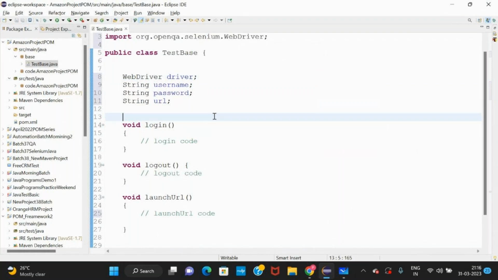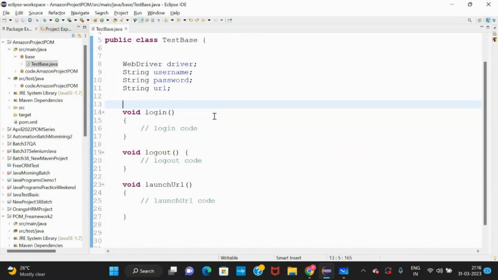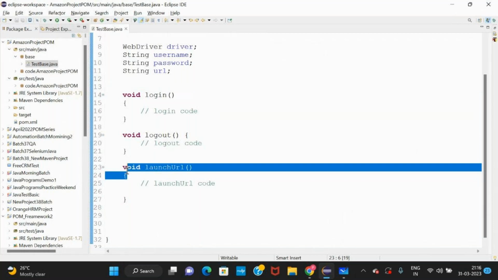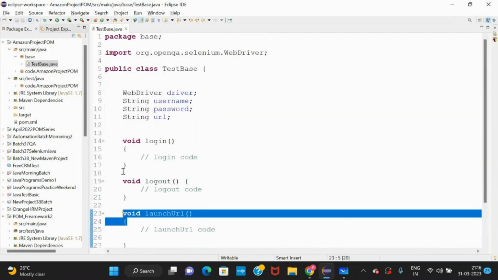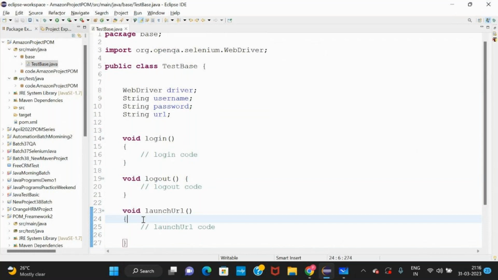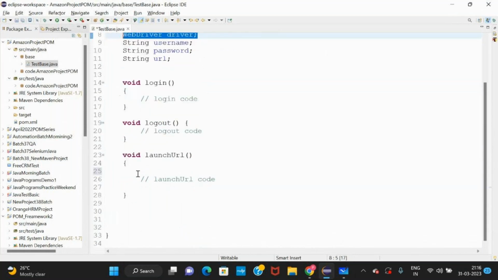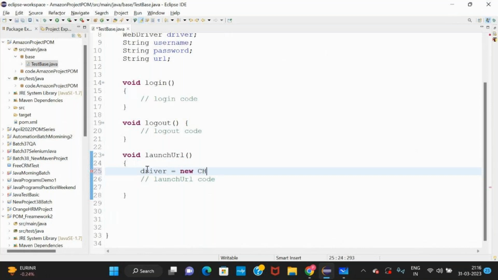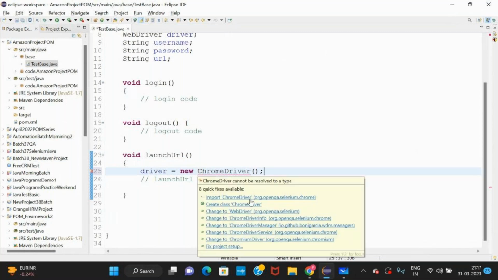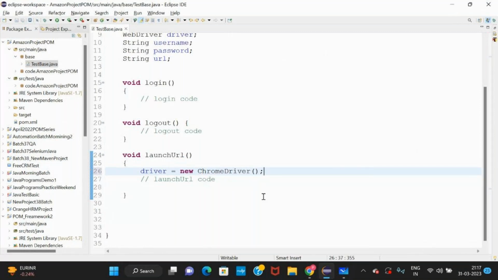What will be the first method that we need to call in this, guys? The first method we should call is launch URL, right? Yes. So in the launch URL, we write the driver initialization. Driver equals new ChromeDriver, and for this import Selenium.